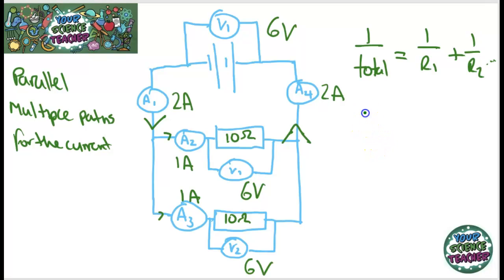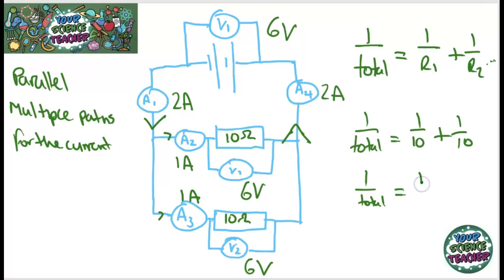So here you've got 1 over total will equal 1 over 10 plus 1 over 10. So that will be 1 over total equals 0.2, because 0.1 plus 0.1 equals 0.2. So then if you do 1 over 0.2, that'll give you the total resistance, which for this example will be